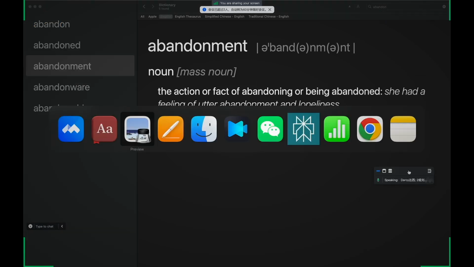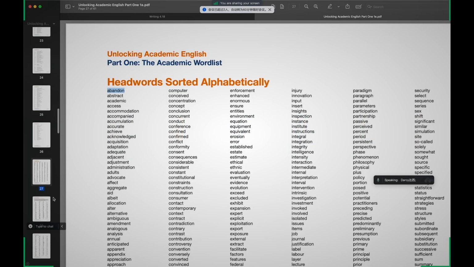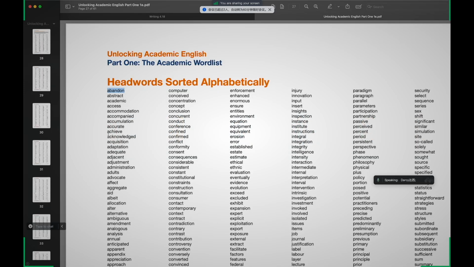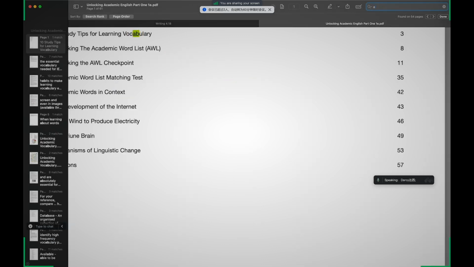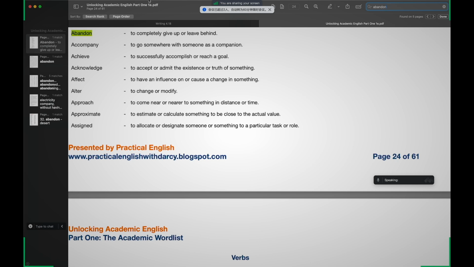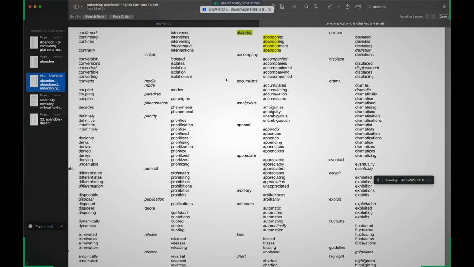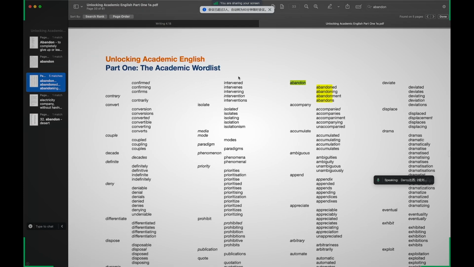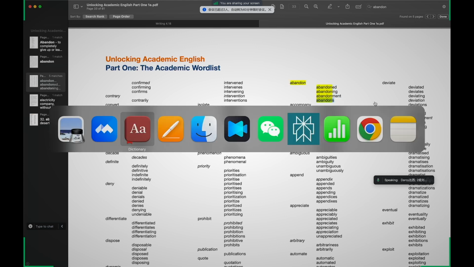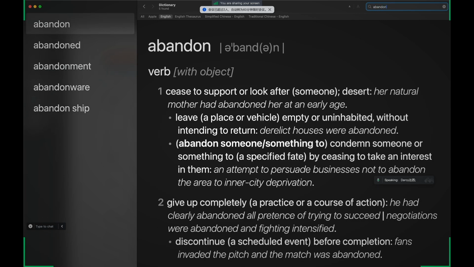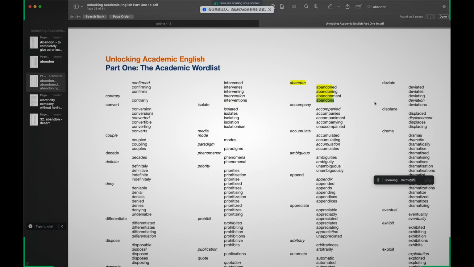So if we want to check the derivatives, we can go down to the sublist, or we can just type up here abandon. And here we get the definition. Here we get it in the alphabetical list. And here we get it with the derivatives. Okay. I'm not sure why there's an S at the end of that one. That's weird. Abandons. I did not put that there. I took this from